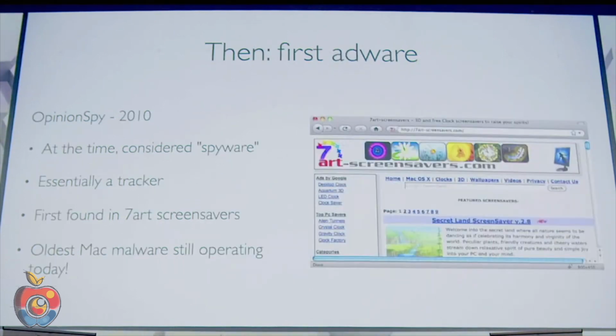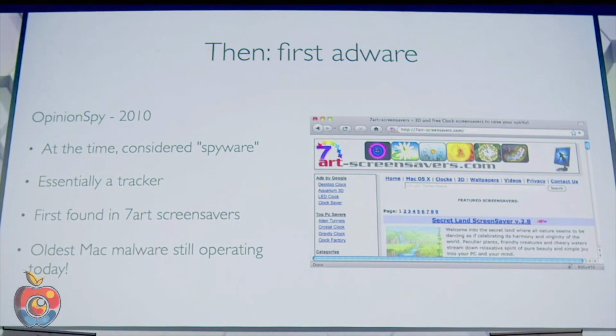And then in 2010, we saw our first adware, and this was OpinionSpy, aka PremierOpinion, that's the name of the company behind it. At the time, and this was such an innocent time, they called this spyware, like this is spying on people, because it was monitoring network traffic. And yeah, technically that's kind of spyware, but in modern times, we know there's a lot worse you can do with spyware than that. So these days, we would consider this to be adware,